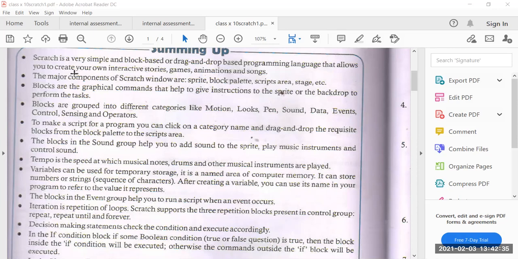Then stage, blocks. Blocks are instructions or commands given in different areas. Or we can say blocks are graphical commands that help to give instructions to the sprite or background.